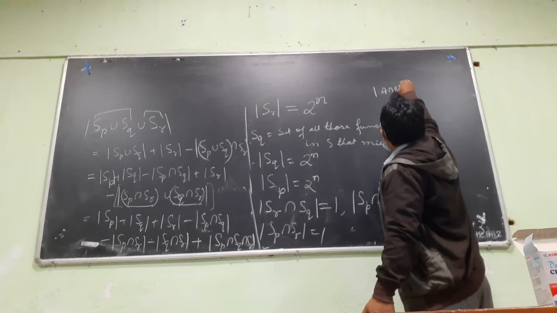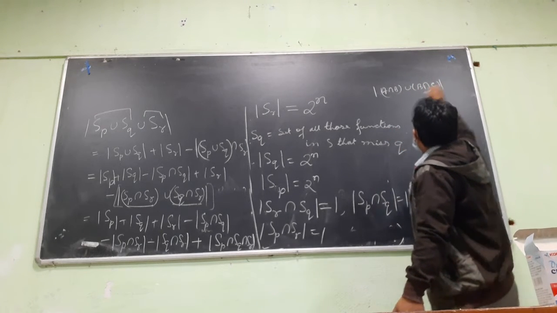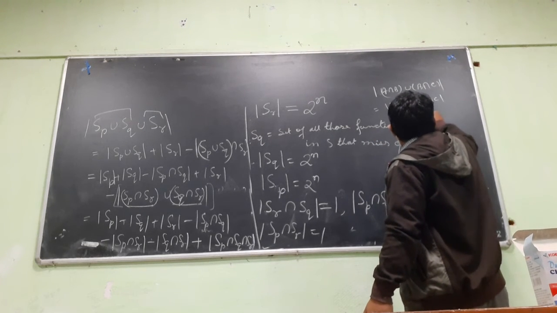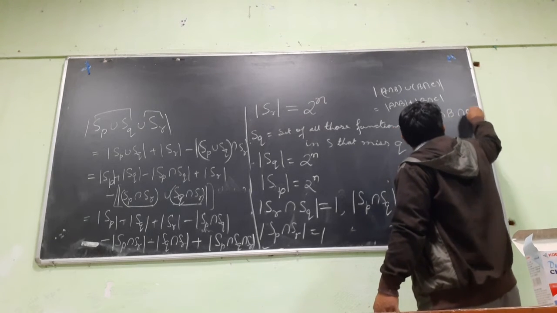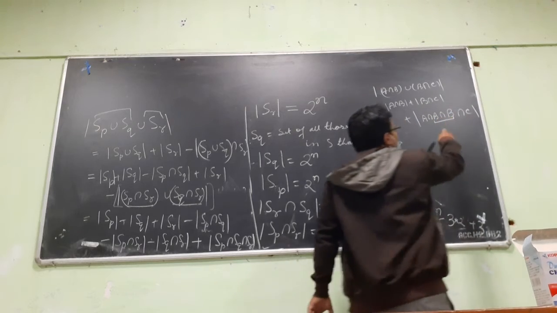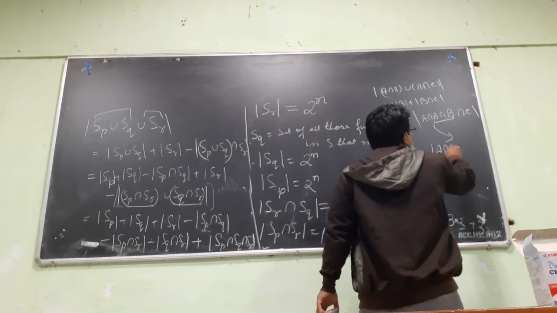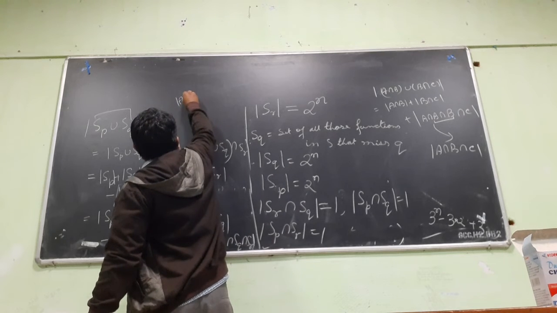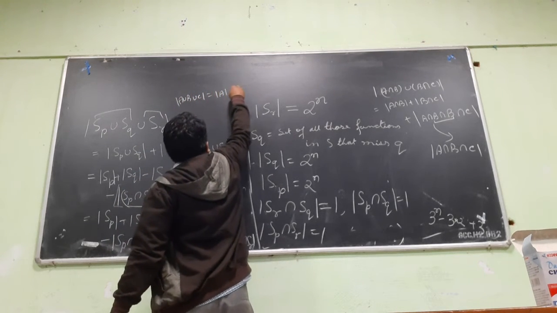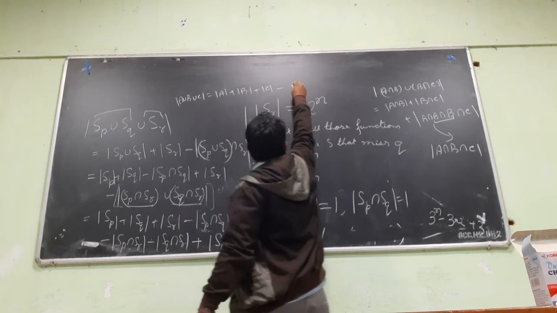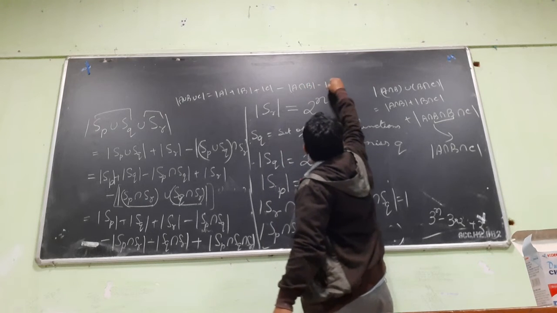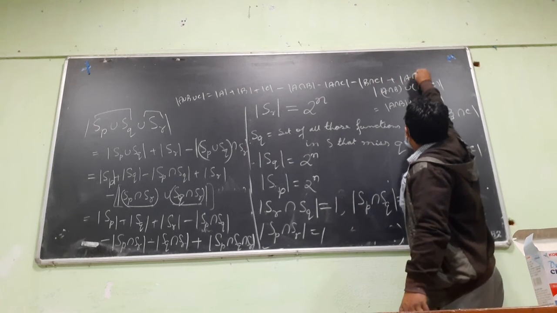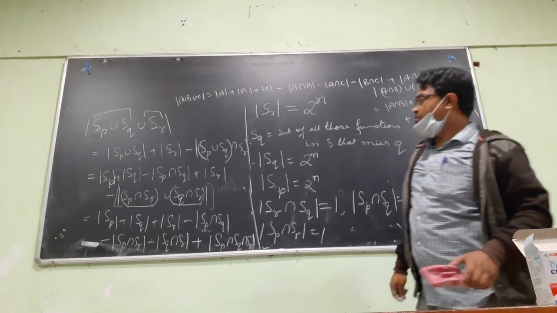What is happening here is the number of elements of (A intersection B) union (B intersection C). It is the number of elements of A intersection B plus number of elements of B intersection C minus the intersection of both, where B intersection B is B only, so this quantity is the same as A intersection B intersection C. So this is a standard formula: number of elements of A union B union C is the number of elements of A plus B plus C, minus A intersection B, minus A intersection C, minus B intersection C, plus the number of elements of A intersection B intersection C.